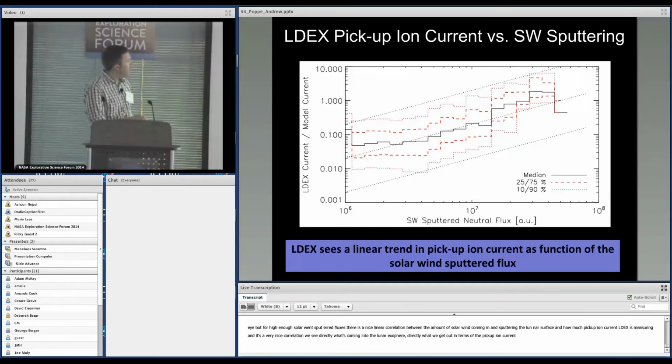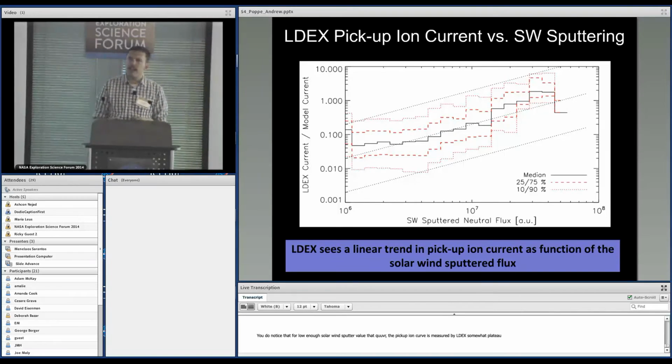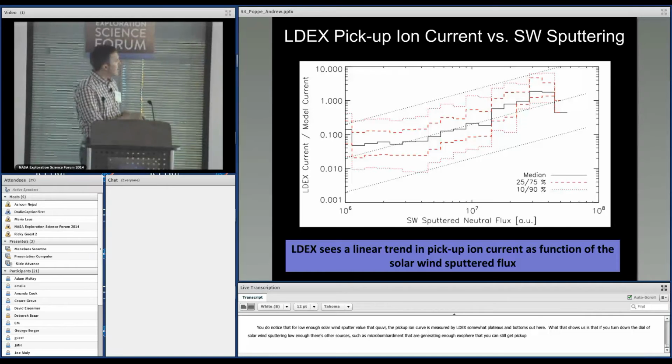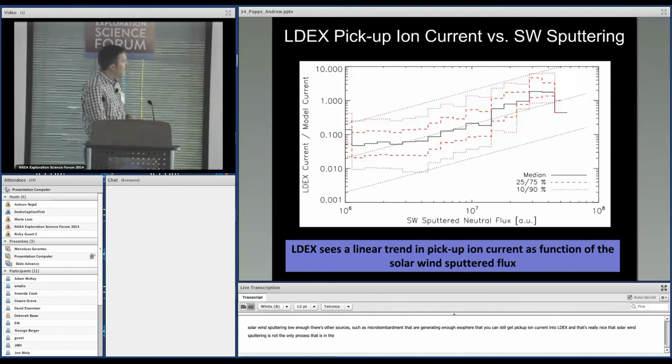You do notice that for low enough solar wind sputtered values, that curve, the pickup ion current as measured by LDEX, somewhat plateaus and bottoms out here. And what that's probably showing us is that if you turn down the dial of solar wind sputtering low enough, there are obviously other sources, such as micrometeoroid bombardment or thermal desorption, that are generating enough exosphere that you can still get pickup ion current into LDEX. That's a really nice hint that solar wind sputtering is obviously not the only process in the lunar exosphere. We know that there must be others, and in fact,